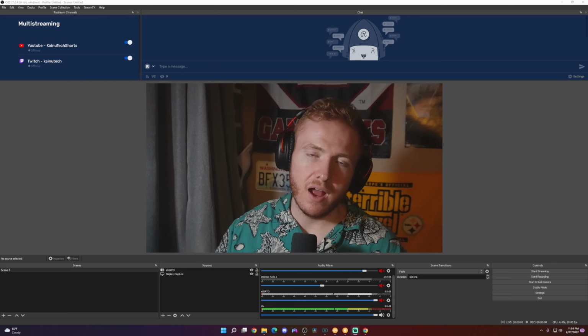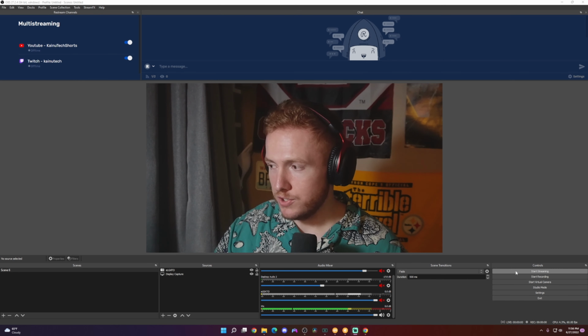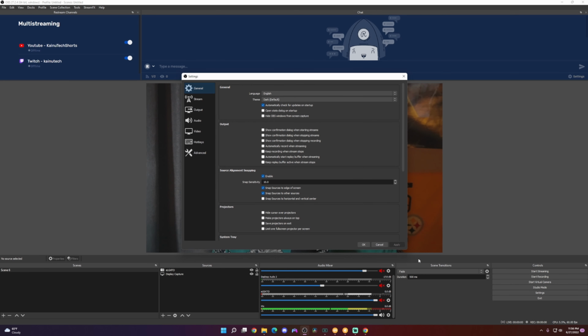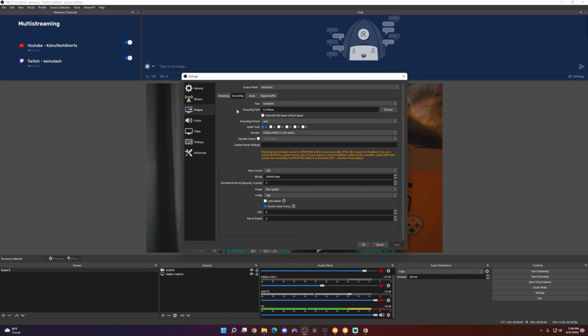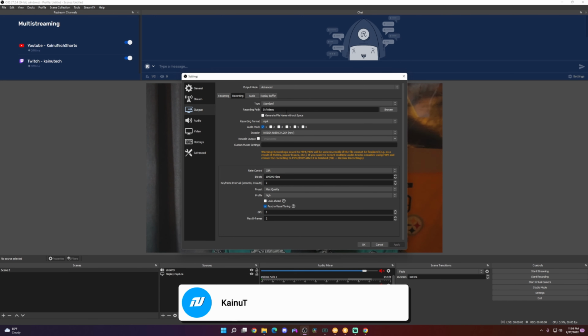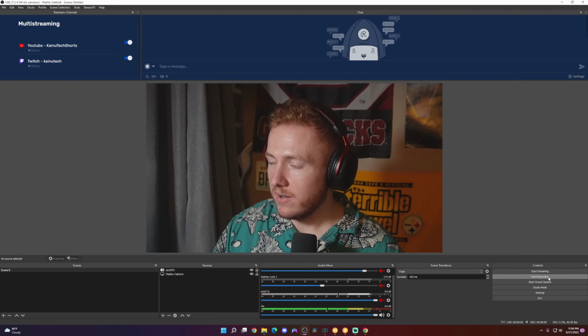So currently I'm recording my OBS with Streamlabs OBS. But the first thing I want you guys to do is go down to settings in OBS and then click on output and then recording and then find your recording path. So this is where your actual recordings are saved to when you click on the start recording button. So once you have that information, you're gonna click on OK, and then you're gonna come down and click on